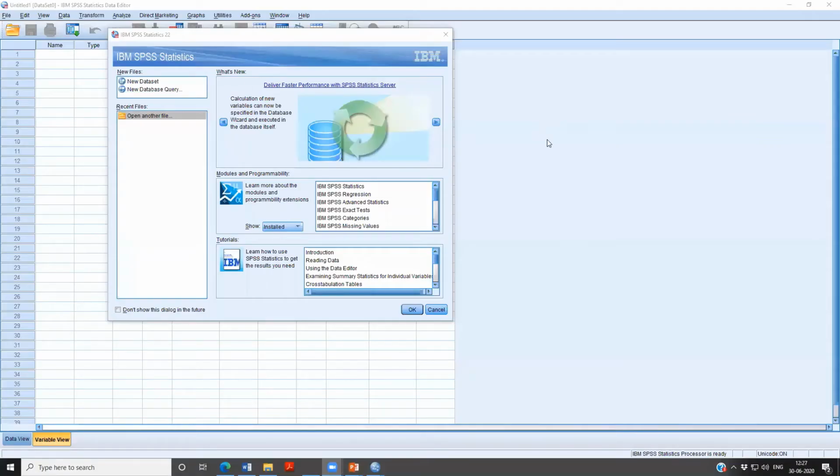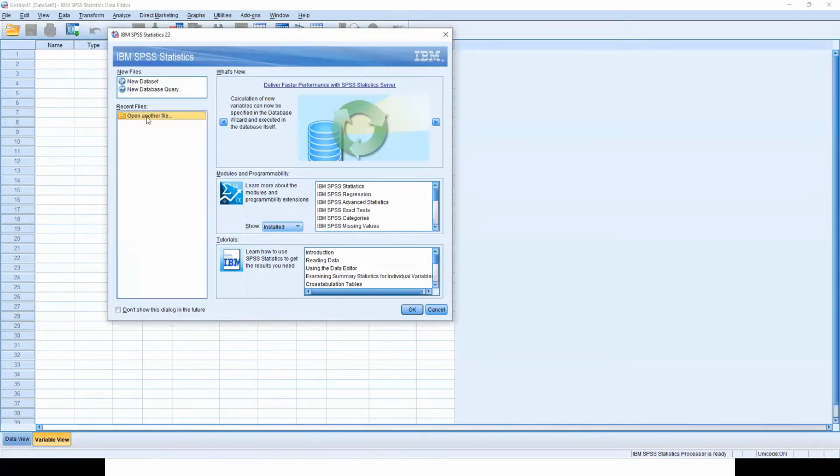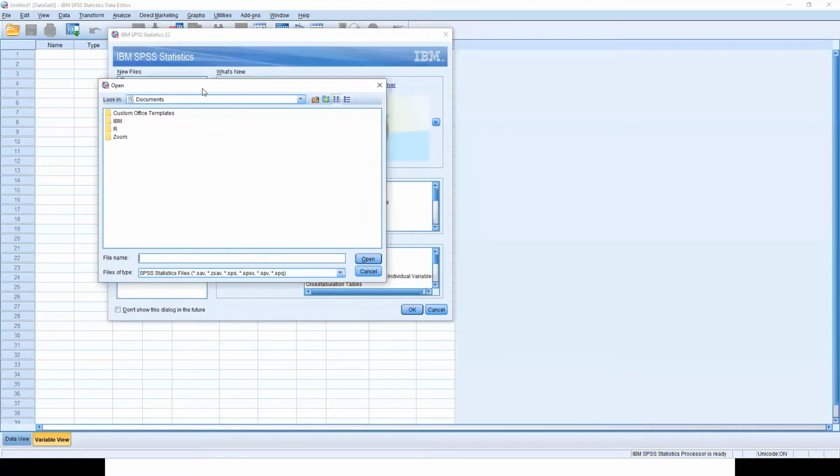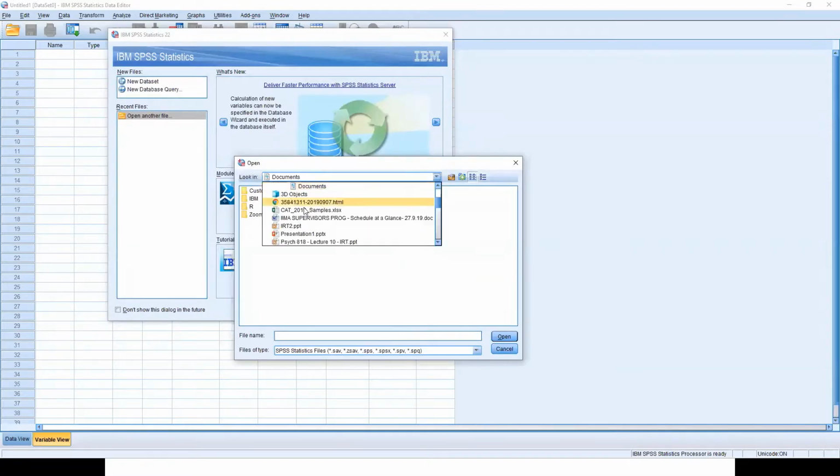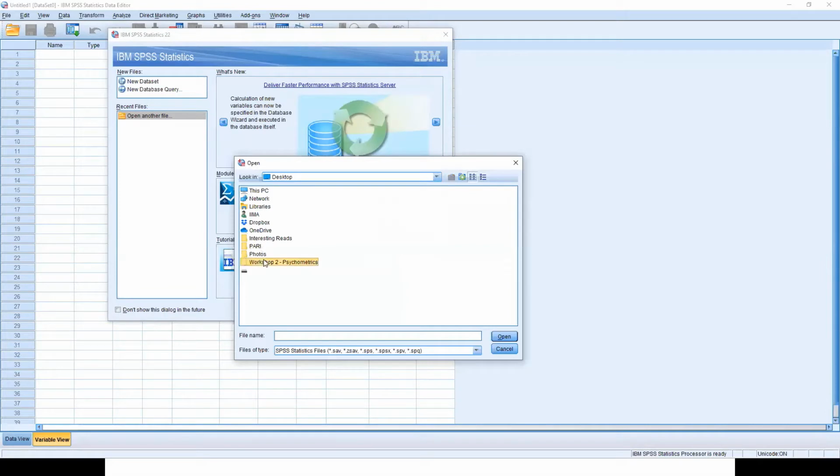Okay, so this is SPSS, and I'll just show you. So we had this data sem.csv. This is how the SPSS window looks like, and people who are not familiar, I'm sure a lot of you are. So I have stored it on my desktop.